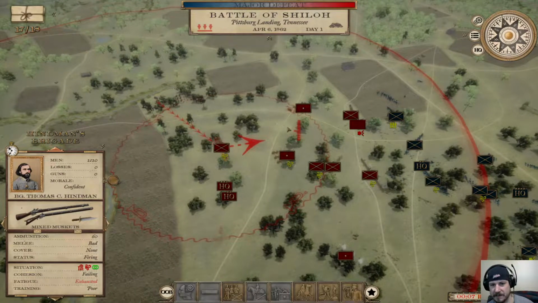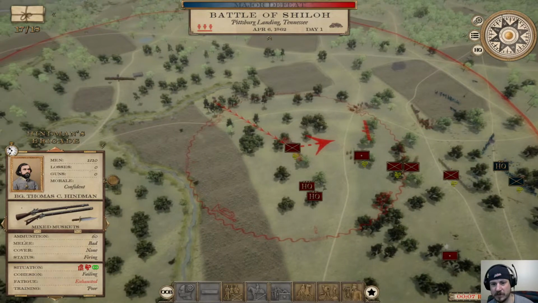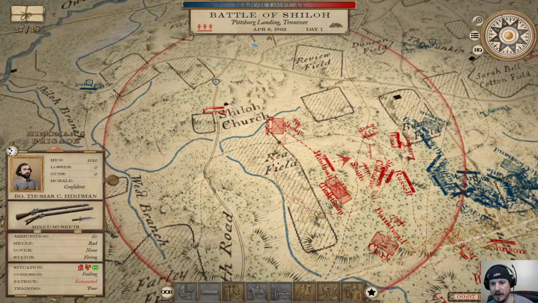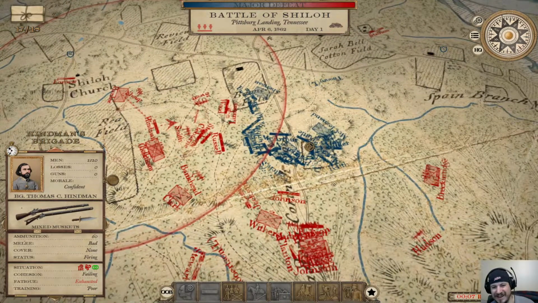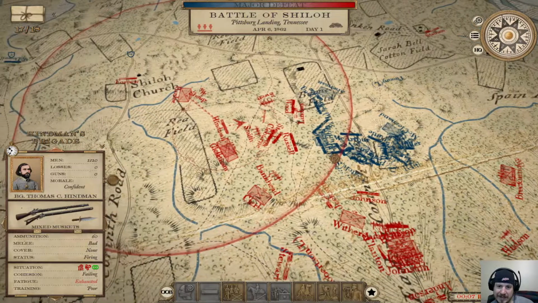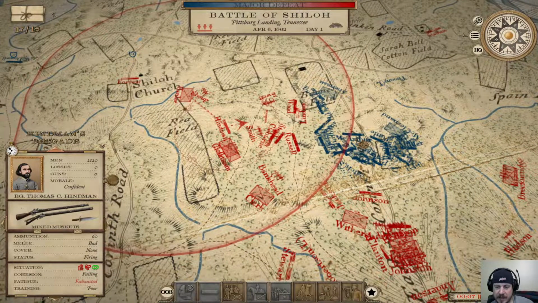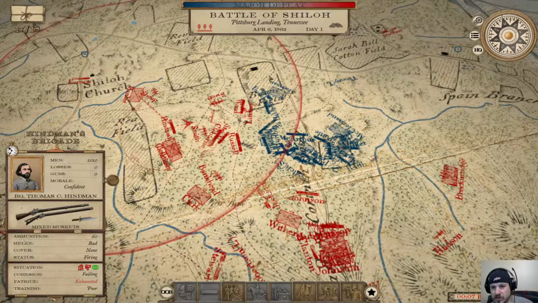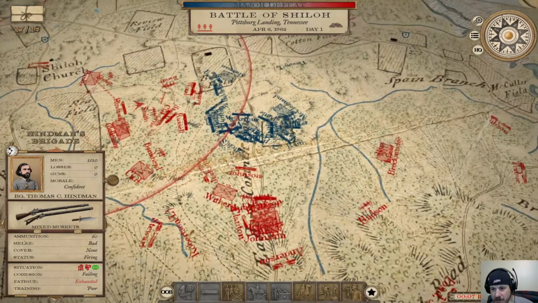The AI had kept a large force along Ray Field here, actually behind, so that the Union forces in the last battle, when I did the trial run, kept troops anchored by Shiloh Church. This time they took everything and put it into Spain field. So that is interesting, that the dynamic AI did actually do something unscripted, and it worked out to their advantage. And I was unable to adjust